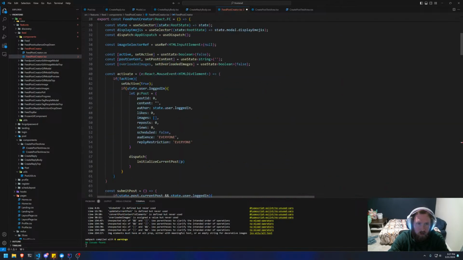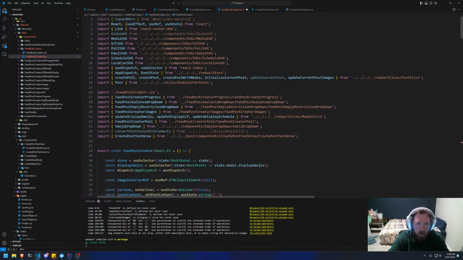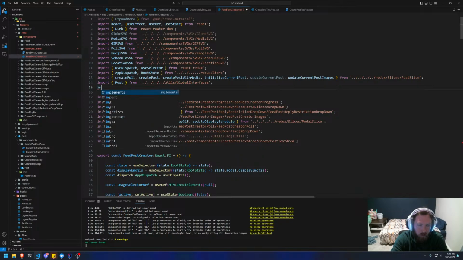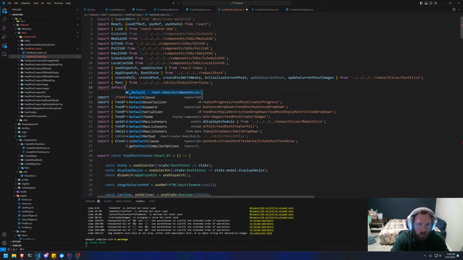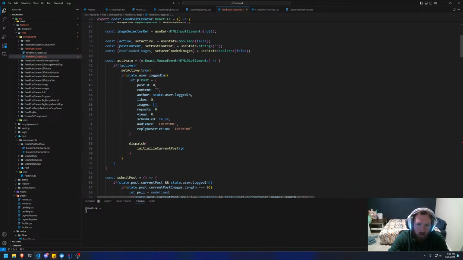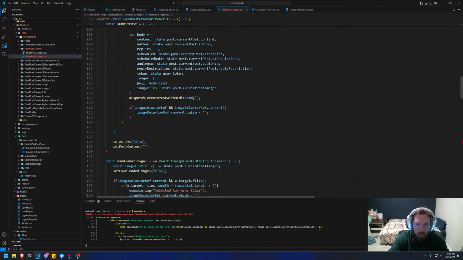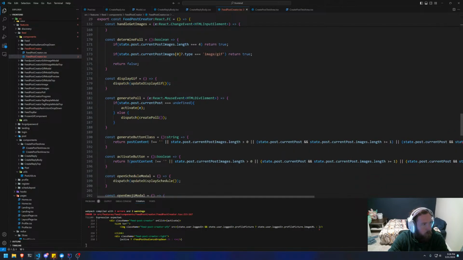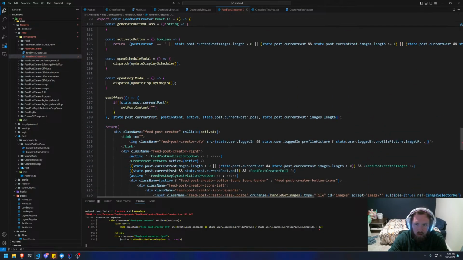Otherwise, we're going to scroll up again. I know we're doing a whole bunch of stuff, and it doesn't look like I have the default profile picture, so let's import default PFP from. Let's go back to our assets. So all the way out here, assets.default PFP. Save that, come back down here, and it's still going to be default because I don't have anything, but this is something that needs to be fixed for a while now as well. So this will be great. So put default PFP there, and then it wants an alt,